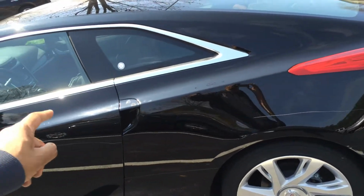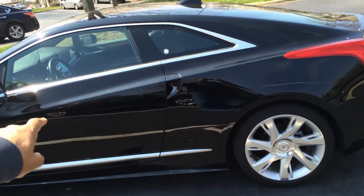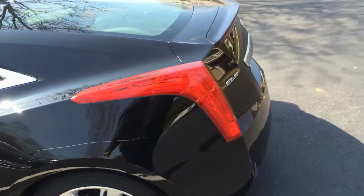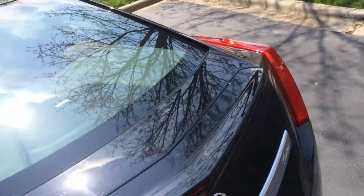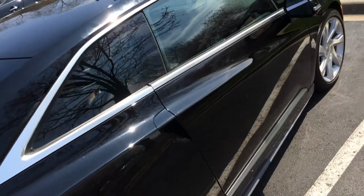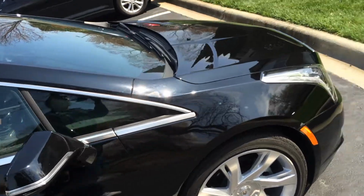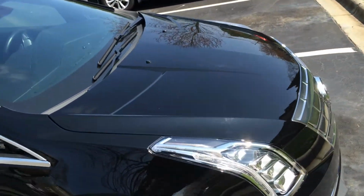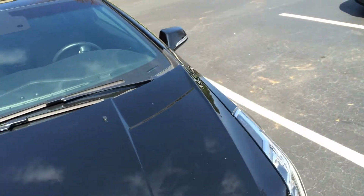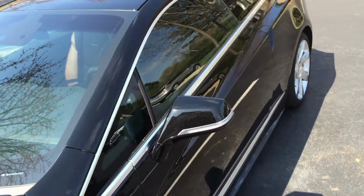Reusability. Right now, the ELR is very unique, and the power supply that's in it can't be reused in other cars because other cars don't have the same technology built in. If Cadillac would implement this in other platforms, then again that would add to the reusability of certain components, possibly making it more cost effective for Cadillac, and at the same time increasing sales, because like I said, customers can have a luxury vehicle that they don't have to stop for gas. As a matter of fact,